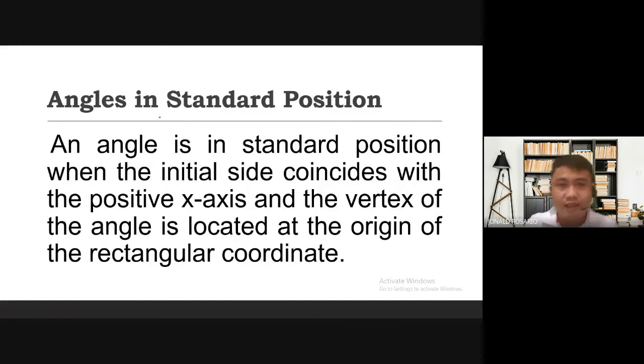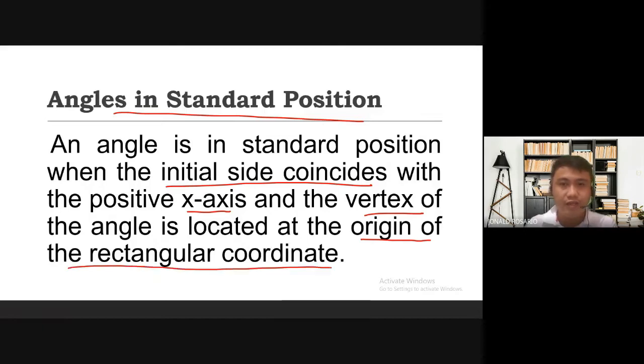Angles, once again, dinefine dun sa module ninyo, yung angles in standard position. An angle is in standard position when the initial side coincides with the positive x-axis, and the vertex of the angle is located at the origin of the rectangular coordinate. So, ganun lang. So ang ibig sabihin lang naman nito,